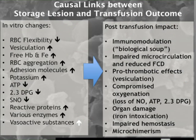And there are a lot of other things happening in vitro that have a potential impact on the recipient. Of course, immunomodulation, because you transfuse basically a biological soup, and if you get a second unit, you transfuse the soup of somebody else, so you already have 3 milieus, if you want, in your organism to battle one with another. Impaired microcirculation, most likely prothrombotic effects, compromised oxygenation due to the loss of nitric oxide, ATP, and 2,3-DPG,